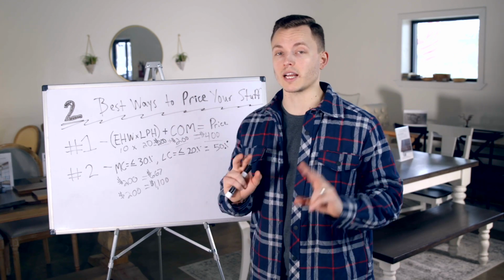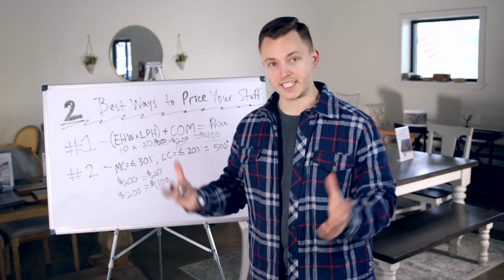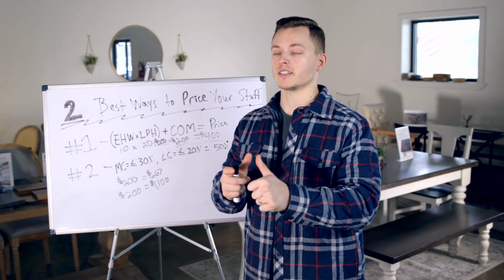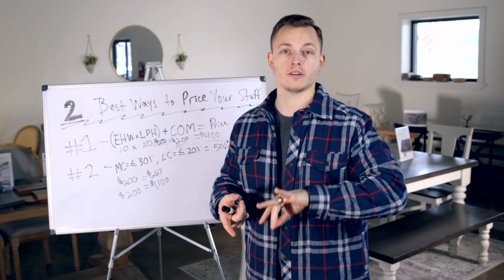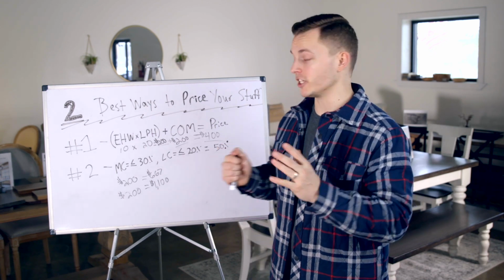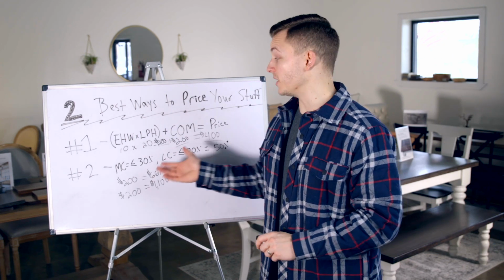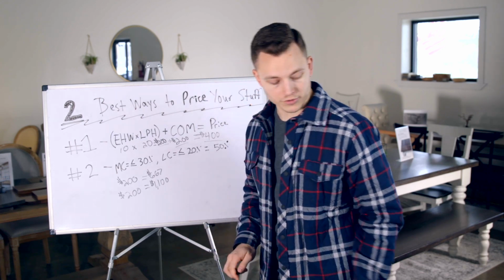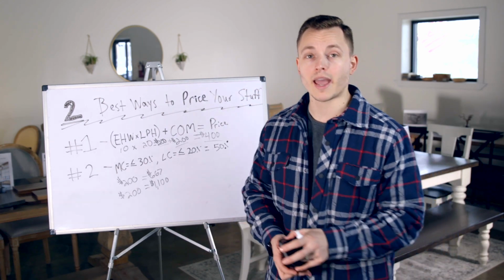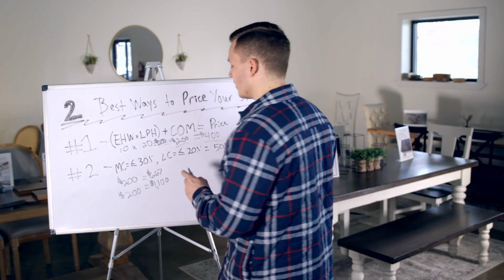labor costs. Now, when I say labor costs, this is shop labor. This is my team that's actually building the product. This is not any admin. This is not accountants, bookkeepers, salespeople. This is just labor costs. I don't want to spend more than 20% in labor to build this thing, okay? So if I'm charging $1,100 for this table, I don't need to pay out any more than $220 in labor